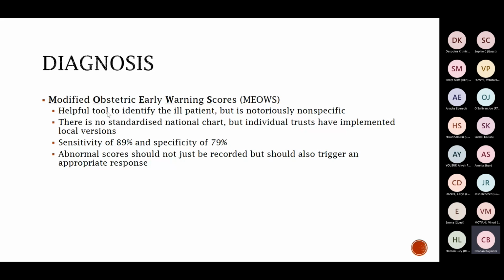So at Reading, for example, our MEOWS chart now incorporates a raised temperature where it didn't before. If you've got a temperature of more than 38, it gives you a score of 3. Then all of a sudden, someone will end up with a MEOWS score of 7. First of all, it might seem quite alarming, you think, oh gosh, it's a MEOWS score of 7. And then you think, well, she's got a 3 for a temperature, so actually it's only a MEOWS score of 4. So you might be a bit more relaxed. I don't know, I've seen it happen. But the point is, don't be dismissive. Look at the whole situation, the whole patient, their risk factors, and do take it seriously.